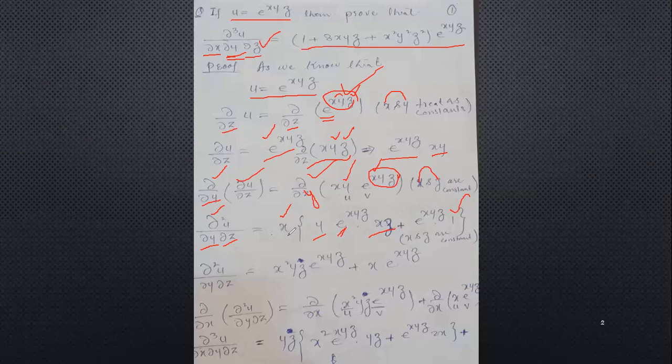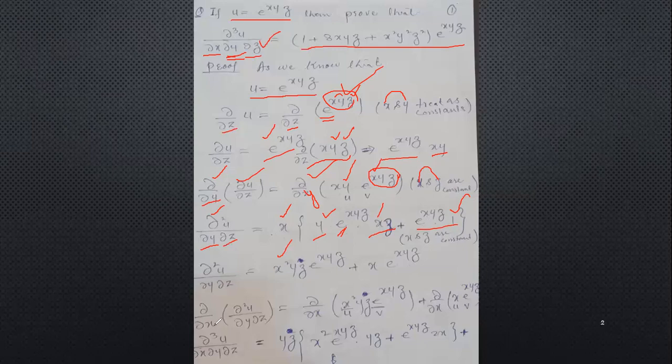Now x is multiplied with both terms. So when we multiply x with the first term, here we also have x. X into x, we get x square. This y remains the same and z also the same, e power x into y into z same. Now plus x is also multiplied with the second term. So when we multiply x with the second term, we get x into e power x into y into z.